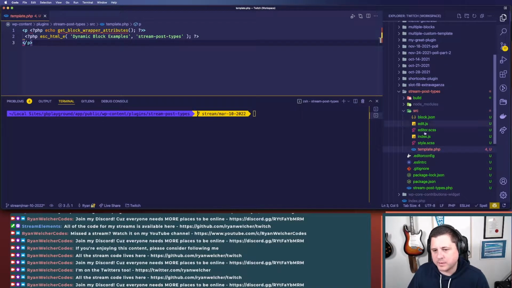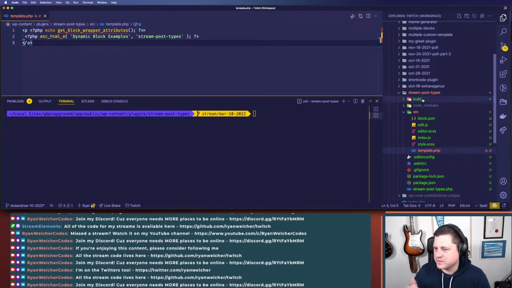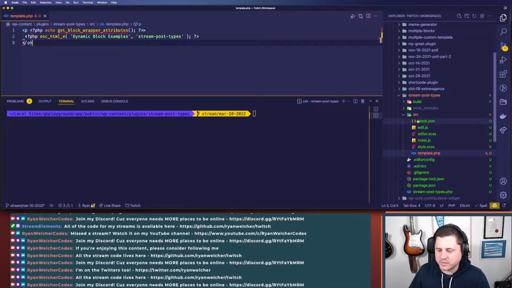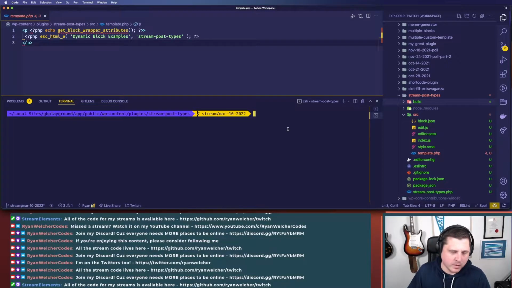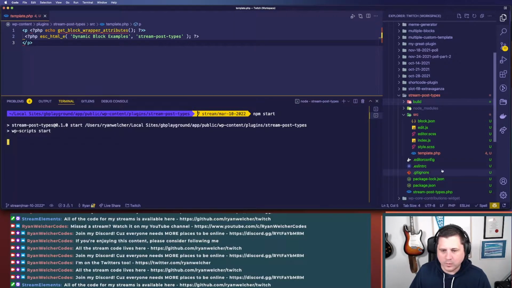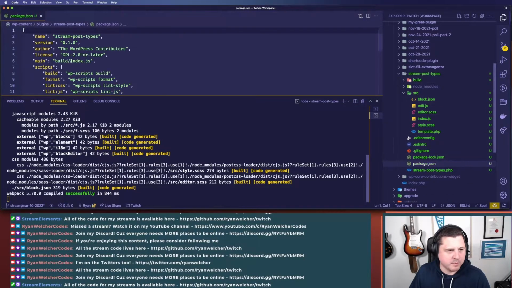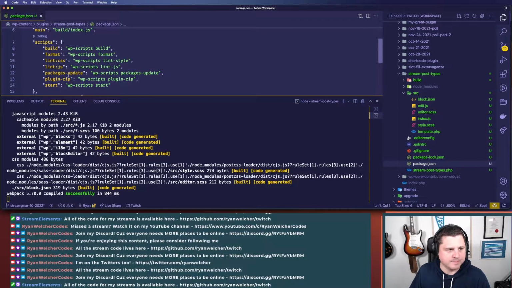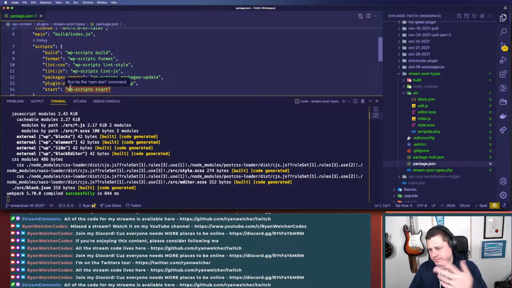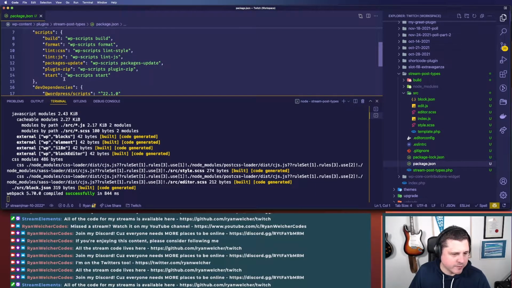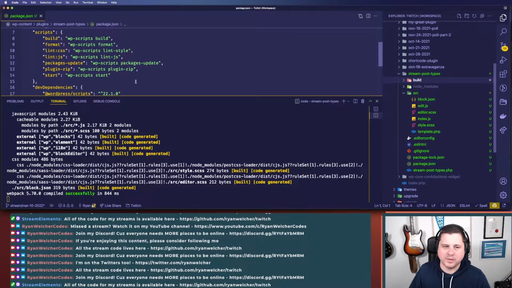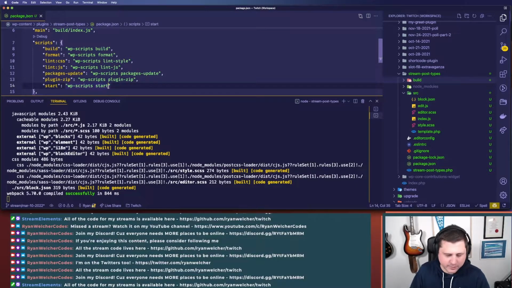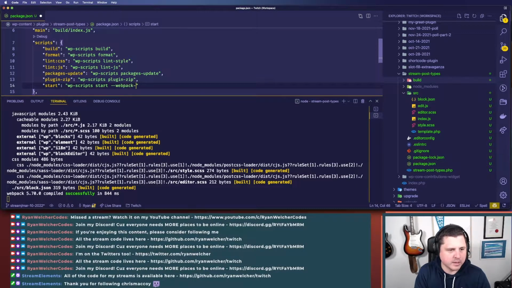But I want it to be in the build folder, because if I was to release this, I wouldn't release all my source code. I'd release the build, right? And everything else is getting copied over there. So right now, if I run npm start, it runs the watch version of it from scripts. It's copying everything in here, but it doesn't copy the template. So I'm going to want to add this flag, and the flag was webpack copy